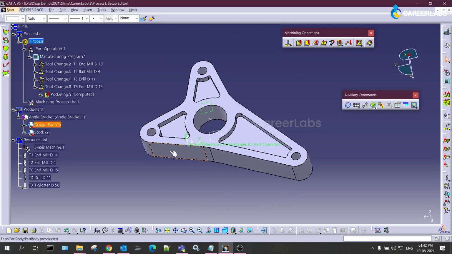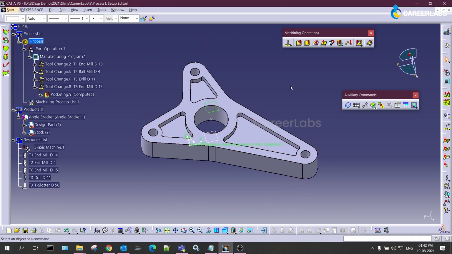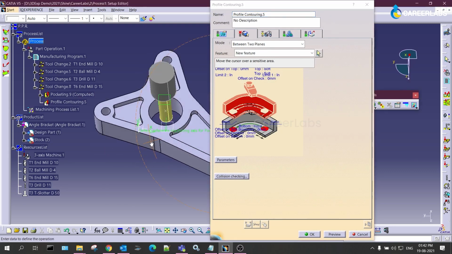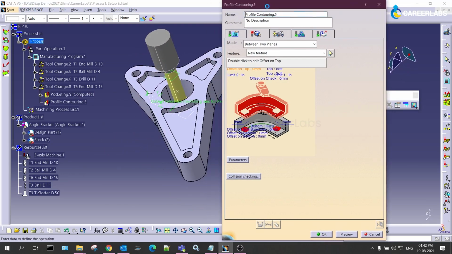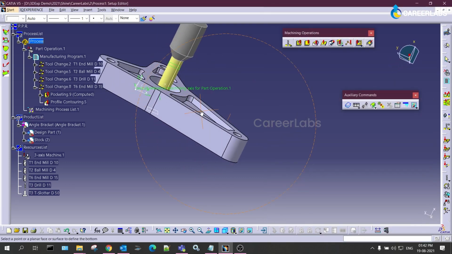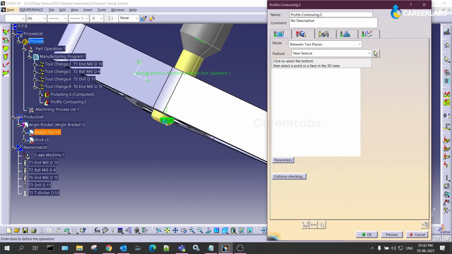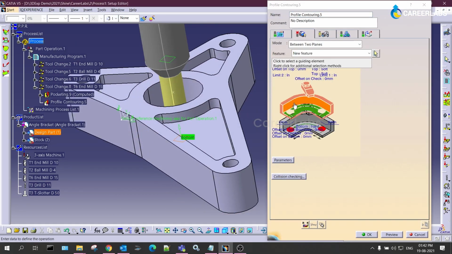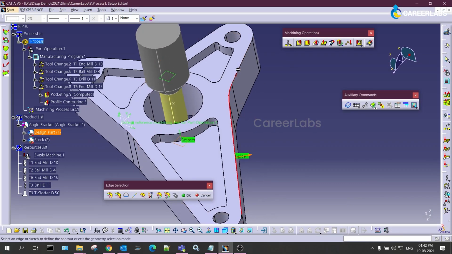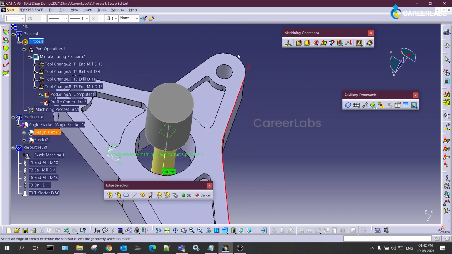Now coming to the side part, we have one more strategy to create, for which I will use this profile contouring operation after this pocketing operation. By using the same tool diameter, let me select the bottom face as this plane, then the contour as the entire contour, because it has to travel the entire side of this